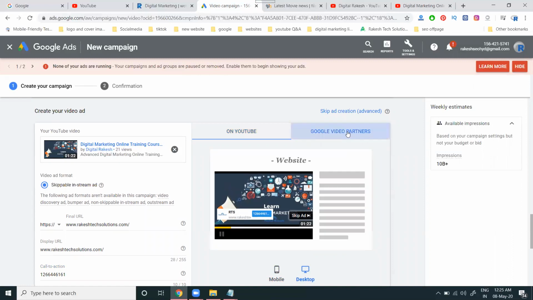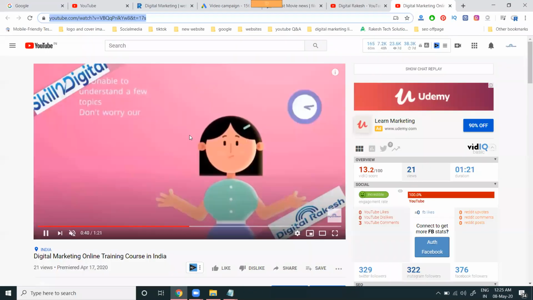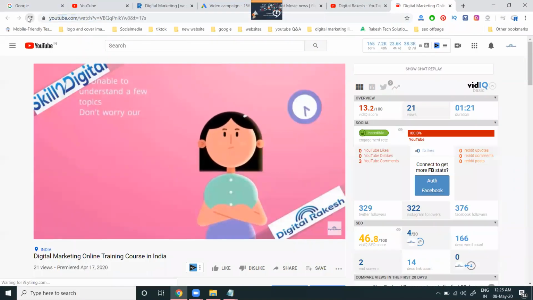Is a YouTube and a Google video partner. That means on any website where you play the video, the showing will be skip ad. The show to customer will be like this. Suppose I'm showing here. Anyone can play the videos. In this option, I'm showing that